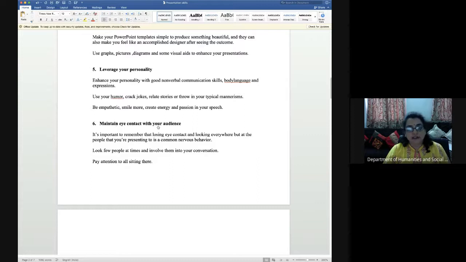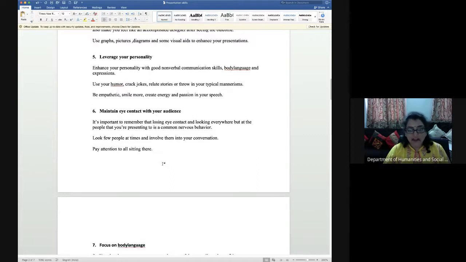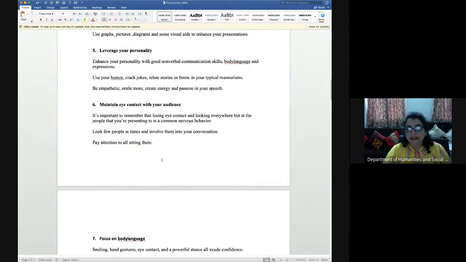Maintain good eye contact with your audience. So again, if you are having good eye contact, like there are so many people sitting in one hall, and if you are continuously watching from that corner to the other corner, then people who are sitting in the middle, if you are having good eye contact, and to the corners in the front row, then you are trying to cover the whole audience or the whole hall full of audience.